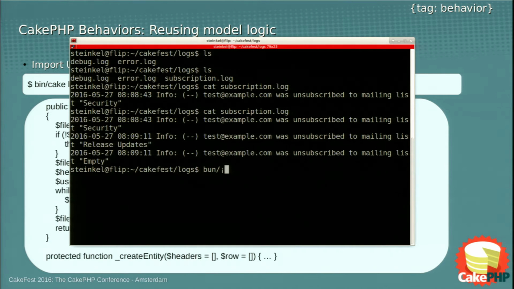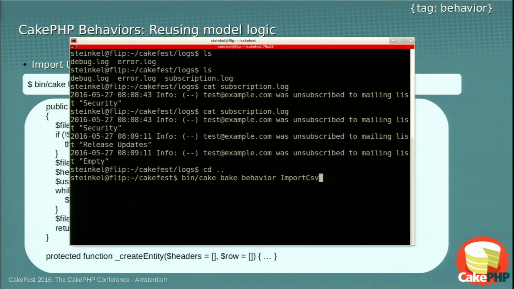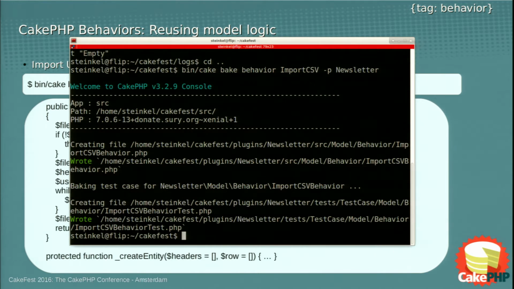So bin cake bake behavior import CSV. It was like that. Newsletter. We use the -p to define the plugin, so we create a class in the right place. So now we have a new file here under plugins newsletter model behavior import CSV